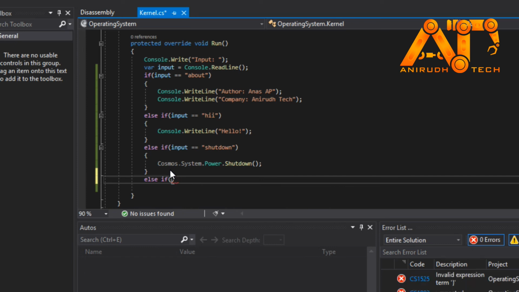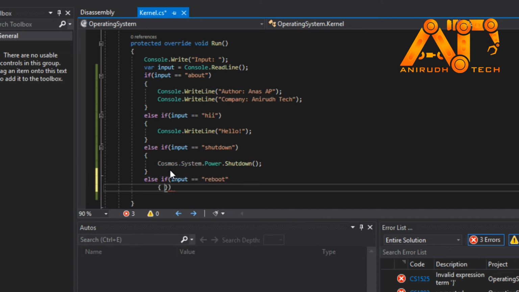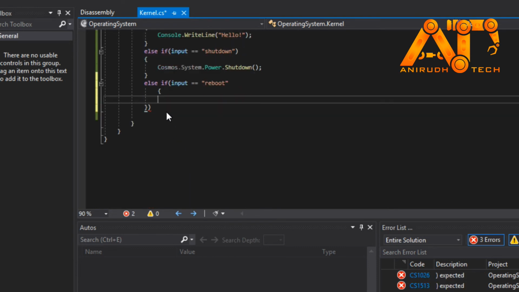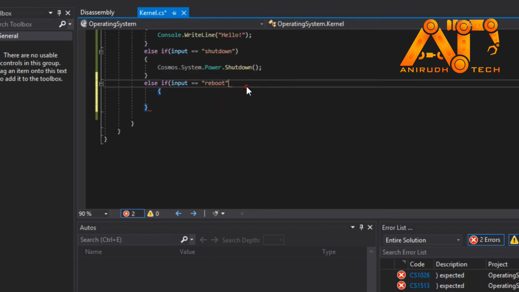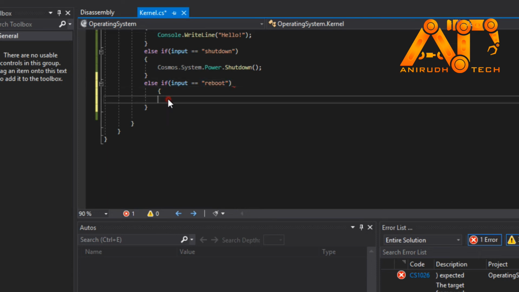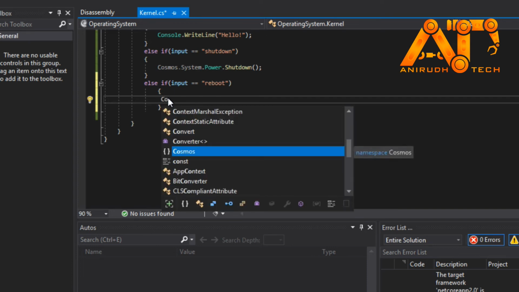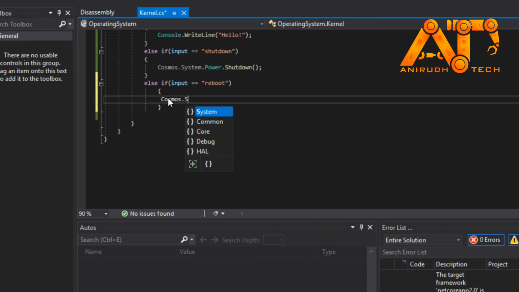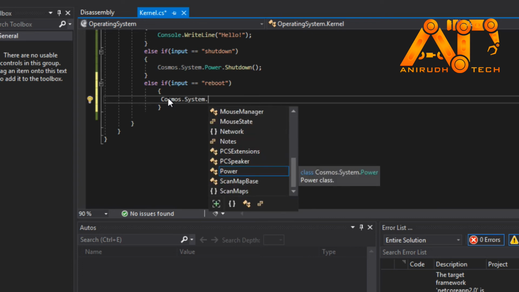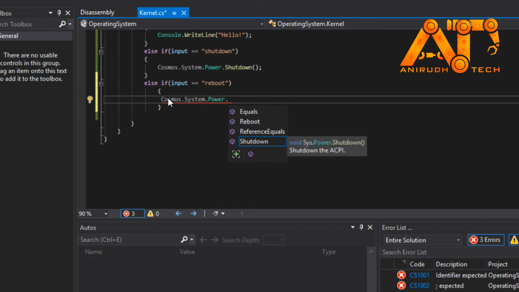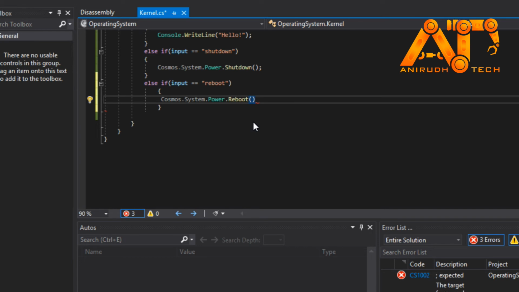If you want to reboot it, then another else if input equals reboot. Then Cosmos.System.Power.Reboot, it is a function, so I'm just giving it.